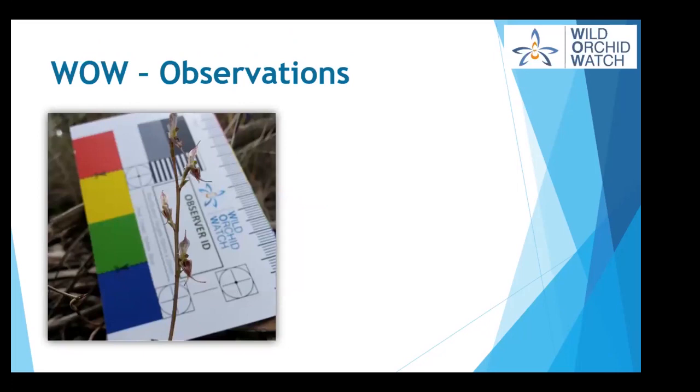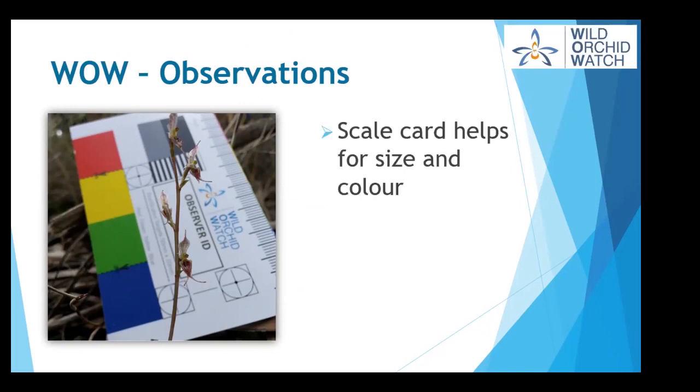So just a few little things on observations. One of the things we developed very early in the piece was a business card, which is scaled so that people can have an idea of what size the plant you're looking at is, because as you know, comparing, say, Thelomitra pauciflora, which is very tiny, with Thelomitra nuda, which is quite big, you might not always realise the size